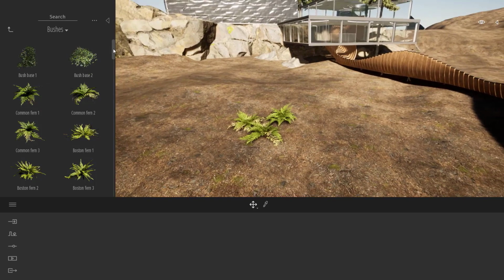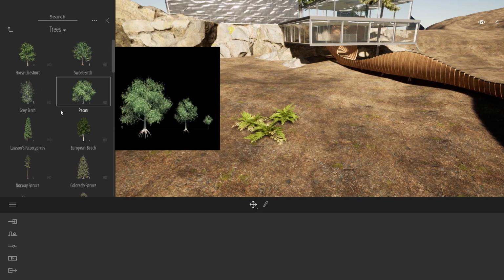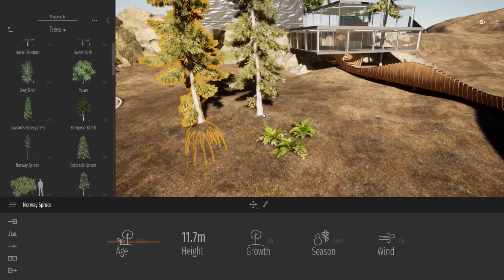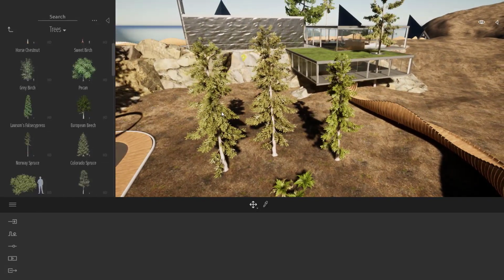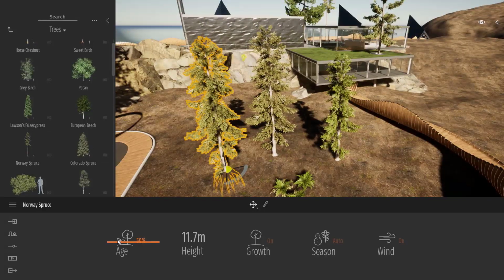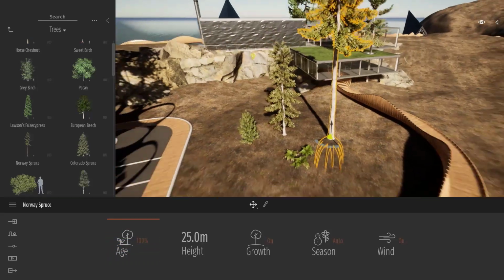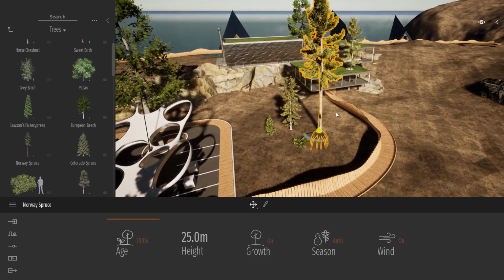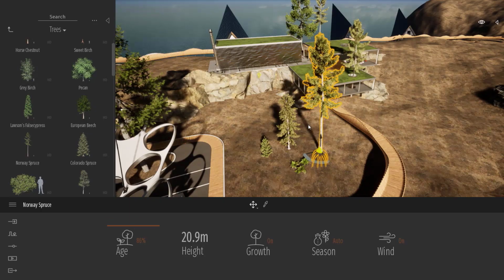It starts with the new brushes. We have plenty of different brushes to add to the project, but it's the same thing for the trees. Now we have highly detailed trees, and all of those trees now exist in three different ages. That means that here I have the same tree, but if I select one, I can lower its age, and if I select the other, I can raise it. And it's not just a basic scale, it's really the shape of the tree that evolves over time. You will see it better when there is more vegetation. Right now, I just have a couple of trees, so let's add more trees to the project to see how this growth feature can be useful.